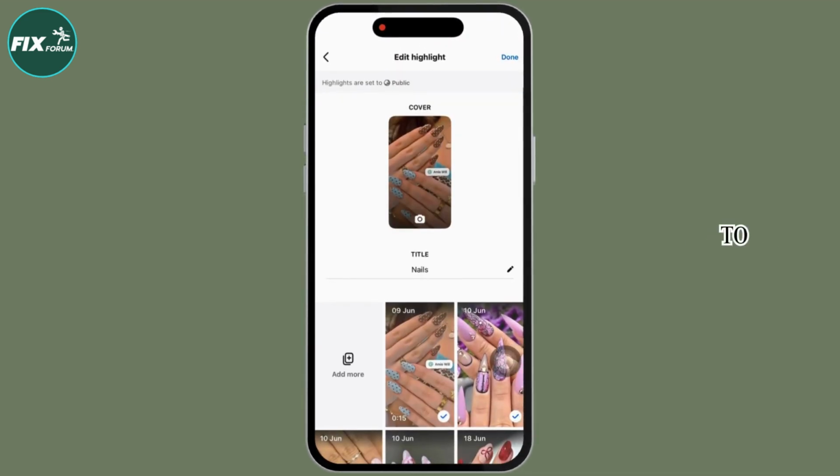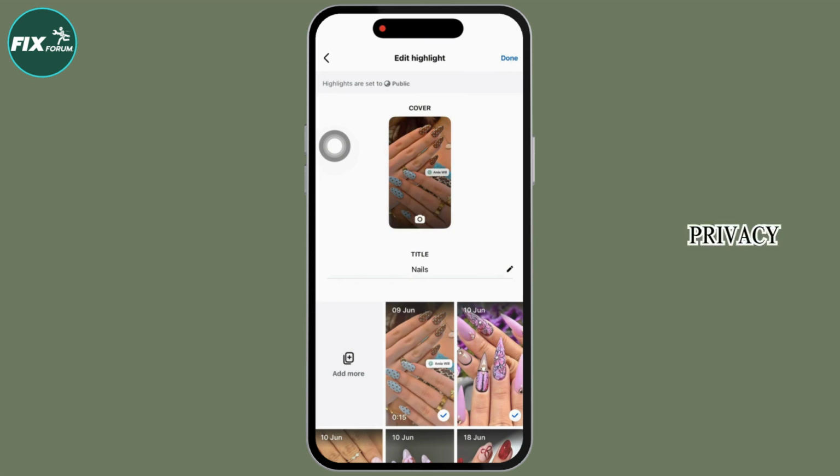From here you are able to change the highlight name, likewise remove or add more highlights, but you are unable to change the audience set for it. By default, highlights are set to public and there isn't a direct option to change the audience settings. Since Facebook highlights are created from your stories and inherit the same privacy settings, you'll need to adjust your story